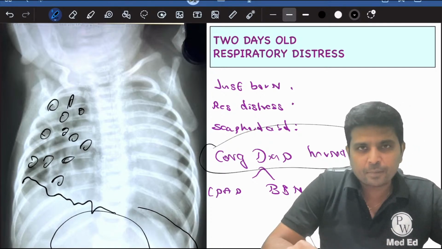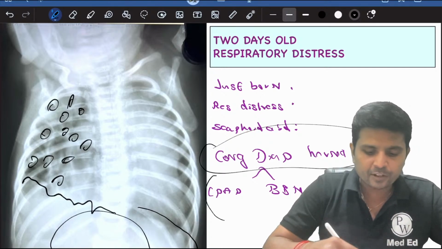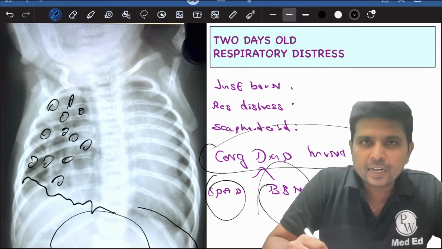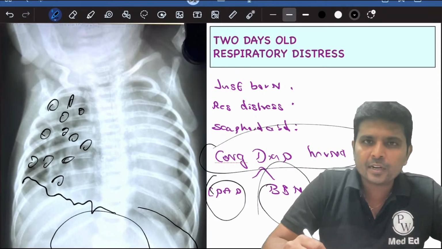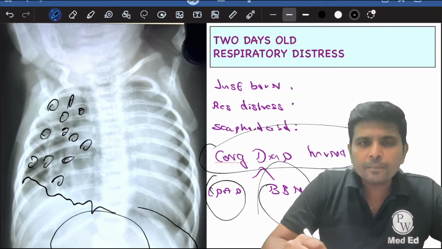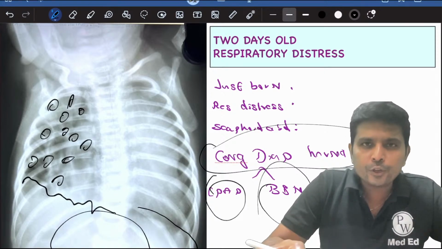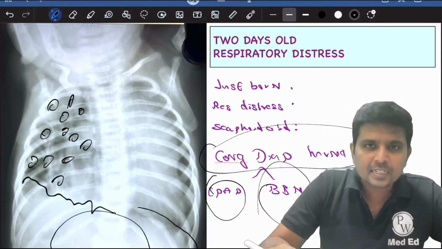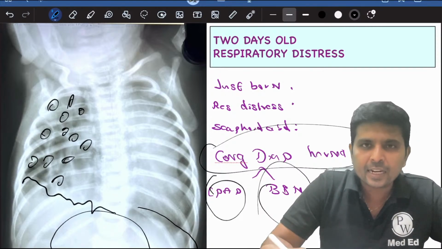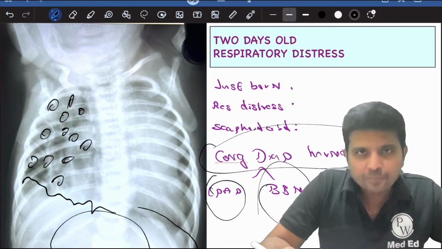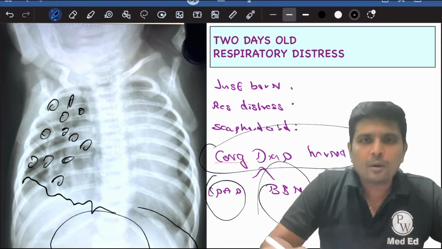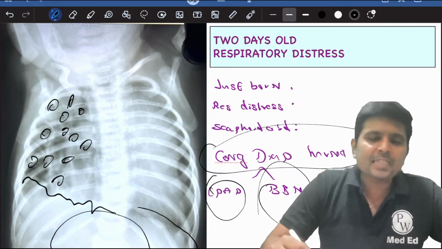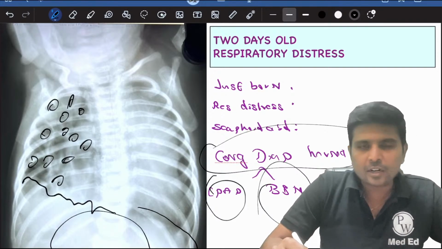In congenital diaphragmatic hernia, CPAP is contraindicated. Why is it a contraindication for CPAP or bag and mask ventilation? Because when you give bag and mask ventilation or CPAP, the air, apart from going into the lungs, will also go into the intestine. This intestine, which is occupying the place of the lung in the thorax, will expand further, leading to poor expansion of the lung, as a result of which bag and mask ventilation is contraindicated in children